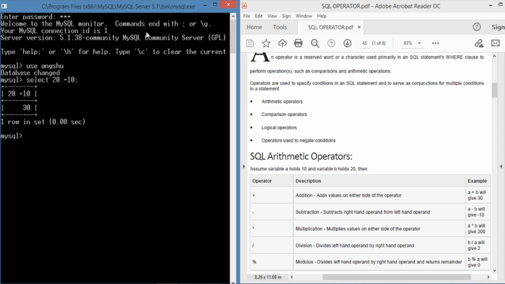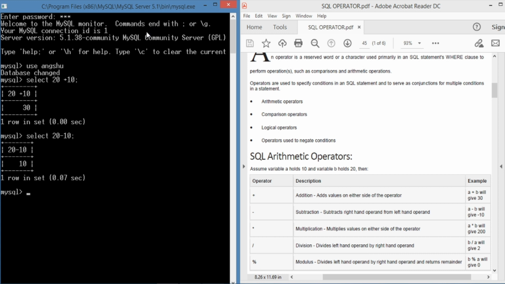The result is 20 plus 10 equals 30 after performing the addition operation. Next, the subtraction operation. Select 20 minus 10 semicolon. The result is 20 minus 10 equals 10 after performing the subtraction operator between the two operands 20 and 10.